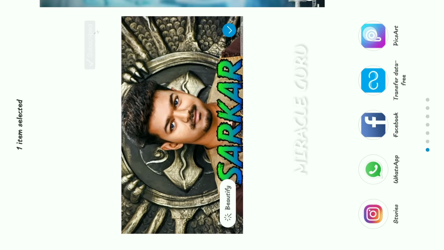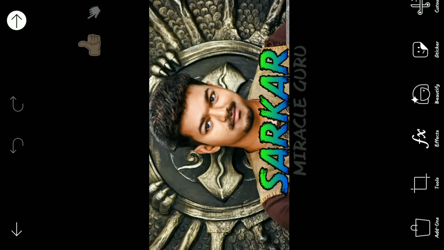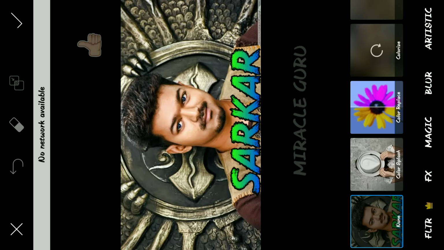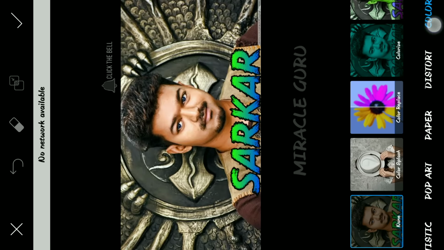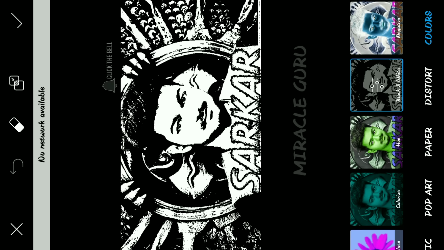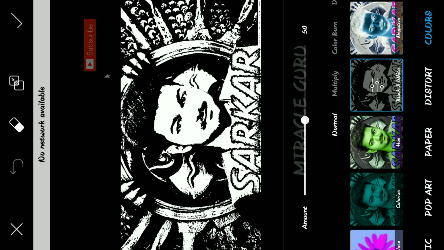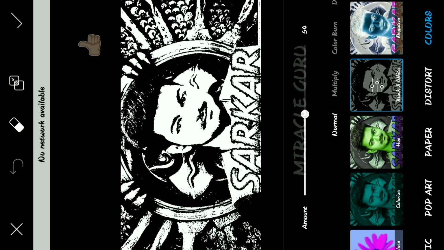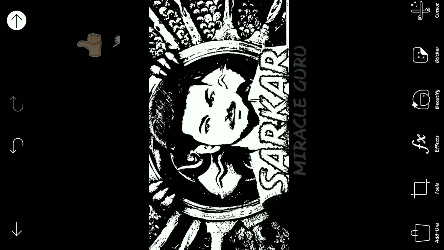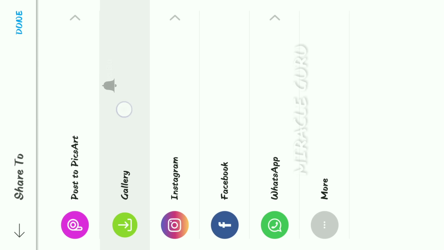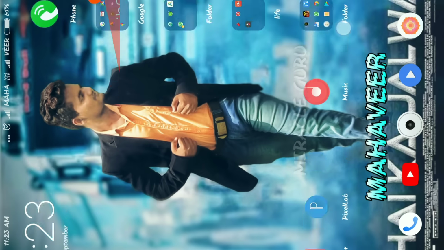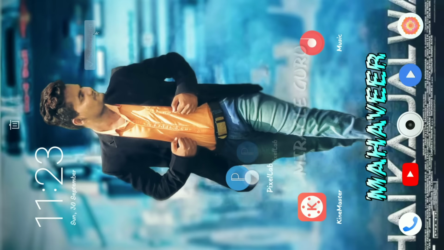This is the picture we are going to edit. Open it in PicsArt and click on the effects option, then click on the colors and select the black and white, then adjust and click the arrow option and click on the save into the gallery, then download Pixel app